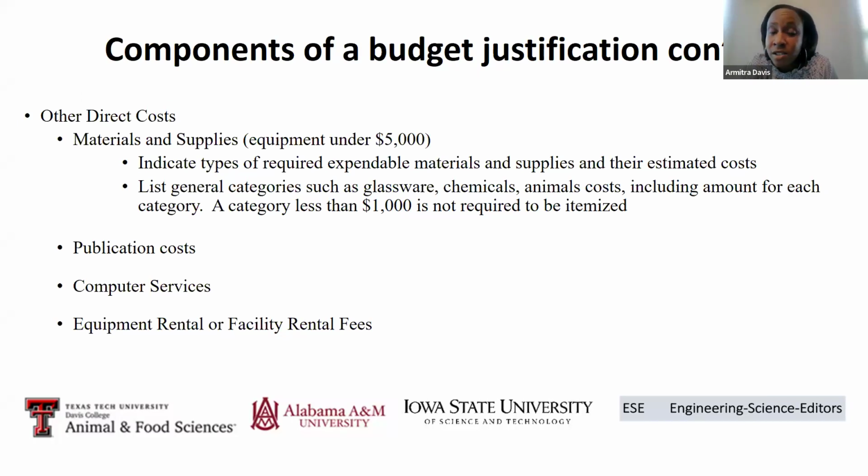Other direct costs, and again, this is all dependent upon our objectives. The materials and supplies that are needed, and any equipment under $5,000. If it's over $5,000, there's a separate equipment line that you could use. And really, when we talk about materials and supplies, we're talking about those expendable materials that you need to